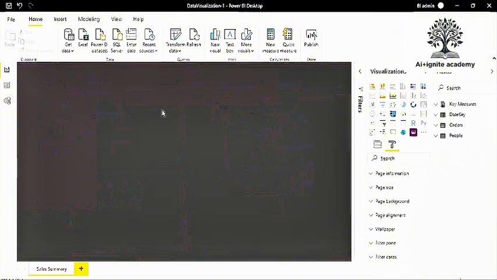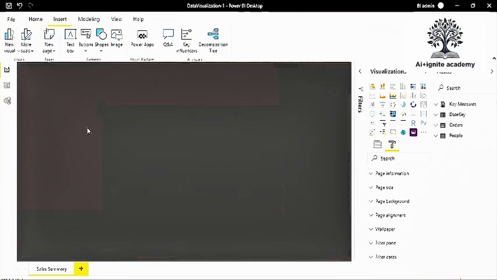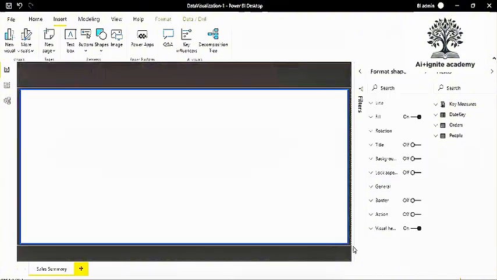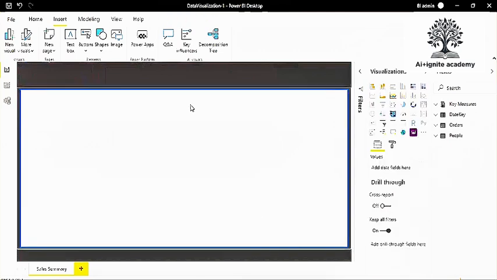Now, how to break this page into the report header and footer? For this, we don't have any report header or footer feature here. You need to just show your creativity. Just go to the Insert tab. In the Insert tab, you have some options like new text box, buttons, shapes, and image, right? So here I'm going to pull a shape, a rectangle. Now here I can just add this rectangle like this, okay? And the space I have on top of that is my report header, and this is now the report footer.